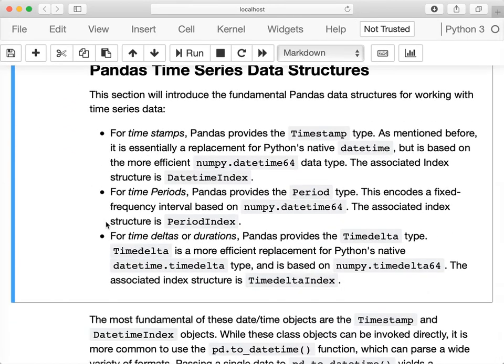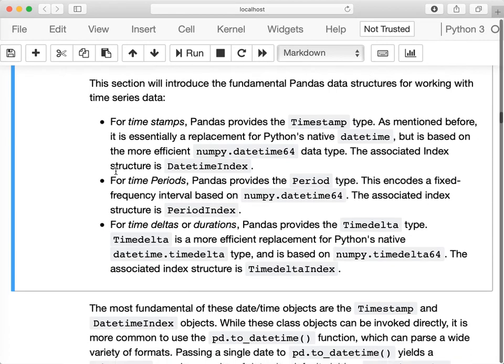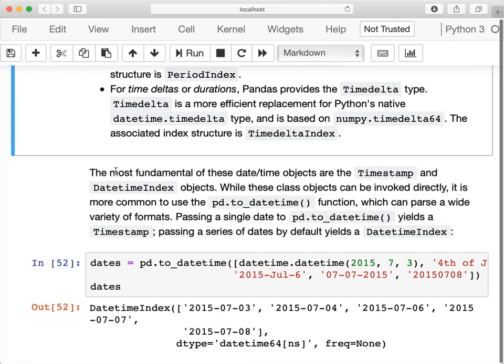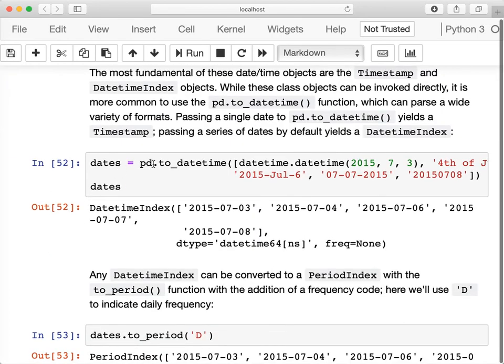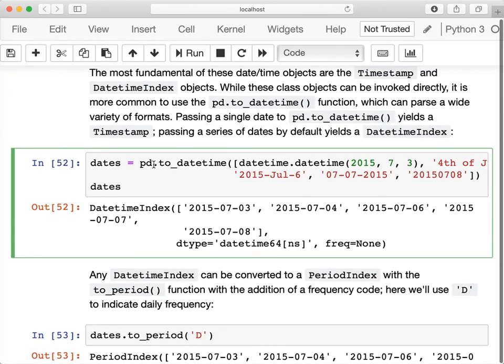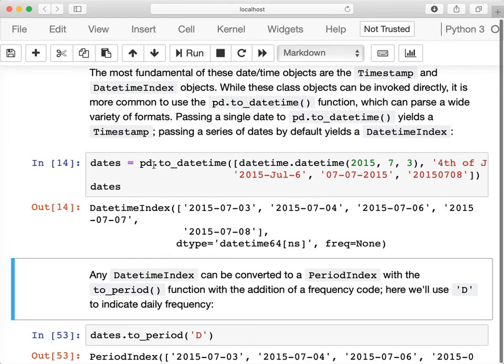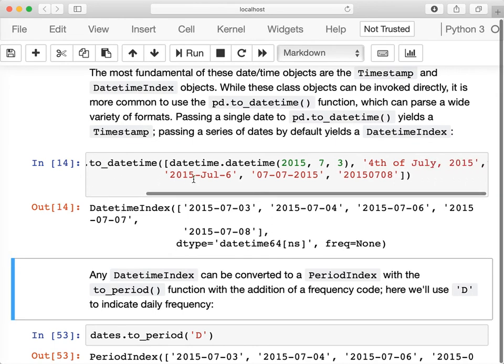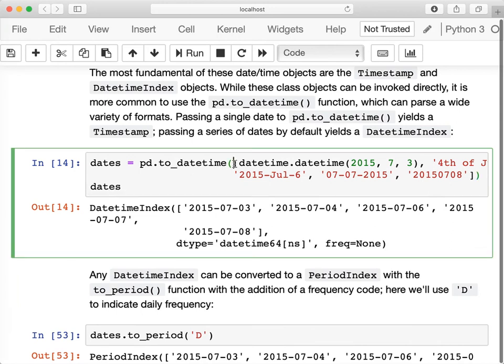Now we can create a datetime index for timestamps, time periods, and also for time deltas. Let's take a look at this example here. Here I'm creating the datetime index